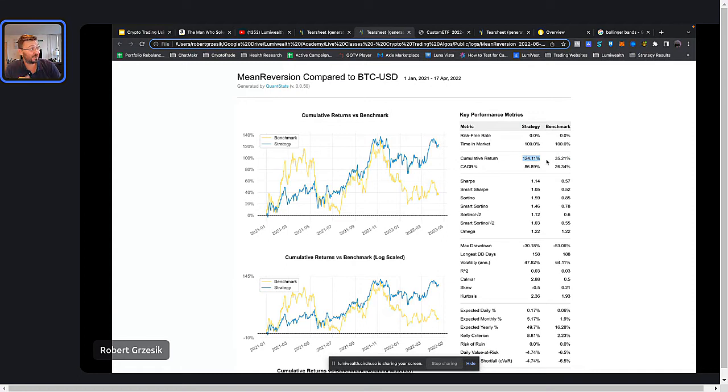And Bitcoin is doing pretty well by itself, not going to lie. We are still beating that, right? Bitcoin was doing well and we're still beating it, right? 35% over this time period is nothing to shrug at, but for us to get 125, I don't know anything really that did that well except for some crazy coins like your meme coins or whatever, which are now worth pretty much zero, right?